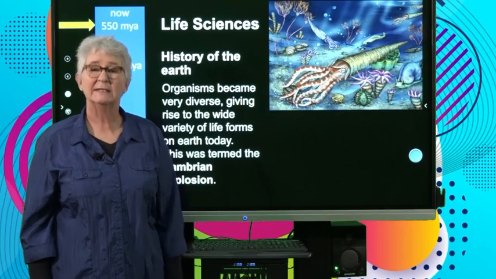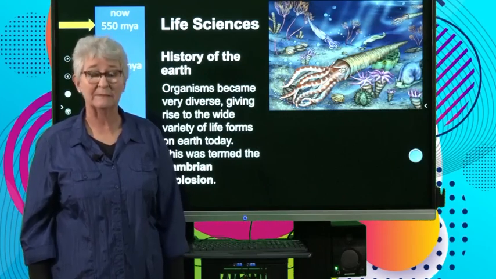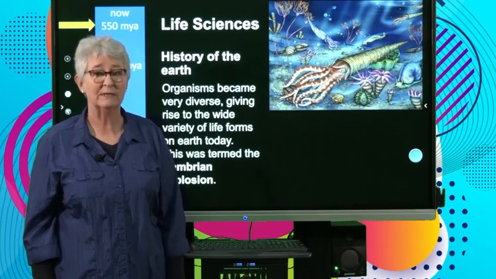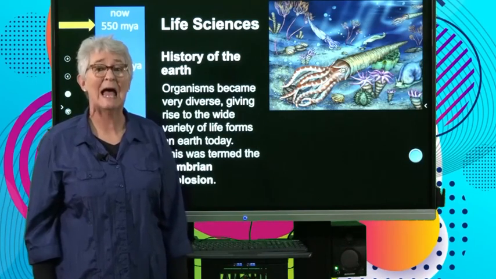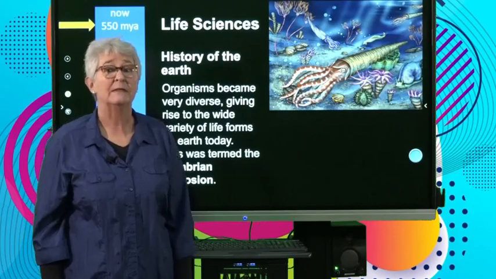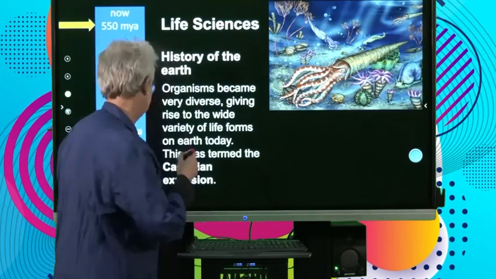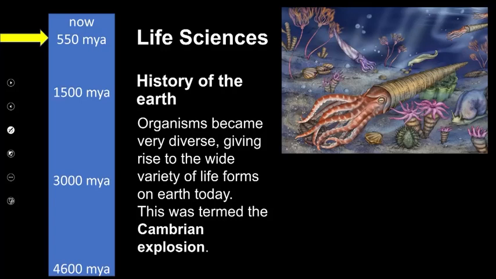Now, let's start our look at what happened in the Cambrian explosion with revising what we looked at in a previous lesson to do with the timeline of the Earth. So, let's have a look. This is our timeline, starting with when the Earth was formed 4,600 million years ago. Life started about here, and for all the way up to here,